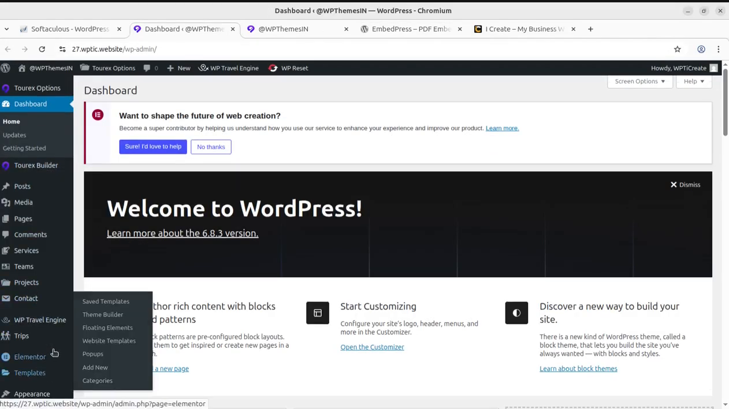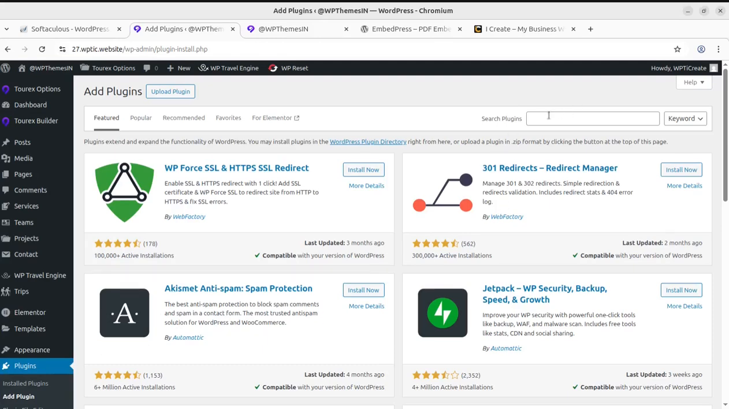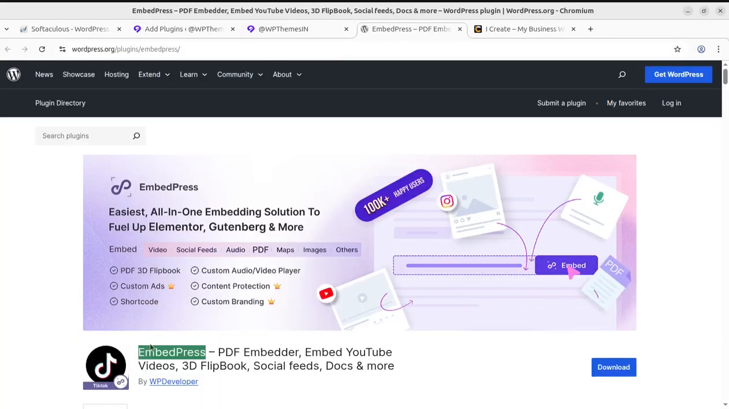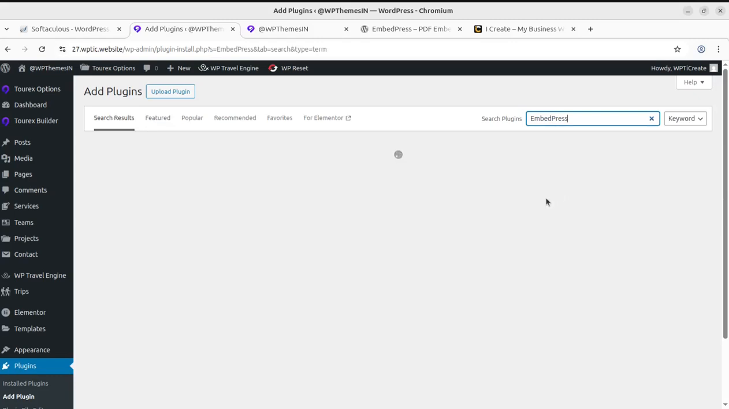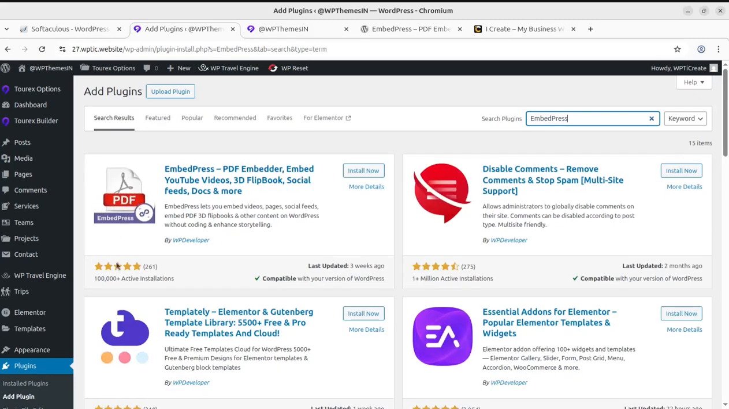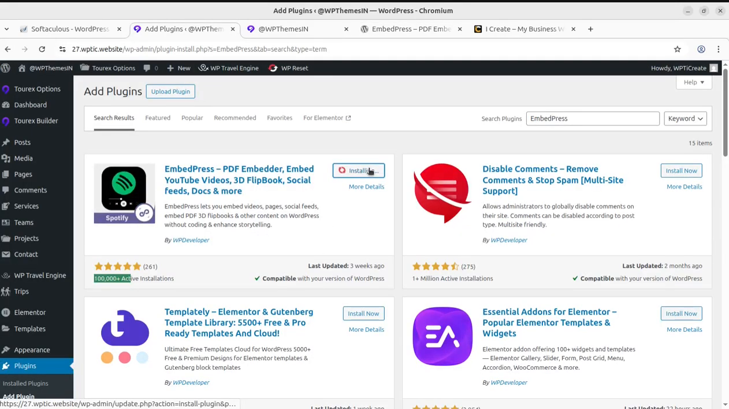So let us install this plugin, add new plugin, and I'll also show you the pro version of this plugin so that you might get an idea of what the difference is. So EmbedPress, I can simply search it here, and it is here. Okay, and it has a very good number of installations as of now. It is compatible with the latest version and regularly being updated. WP Developer are the original developers, so we can check back. Okay, right. Now let us install this plugin,